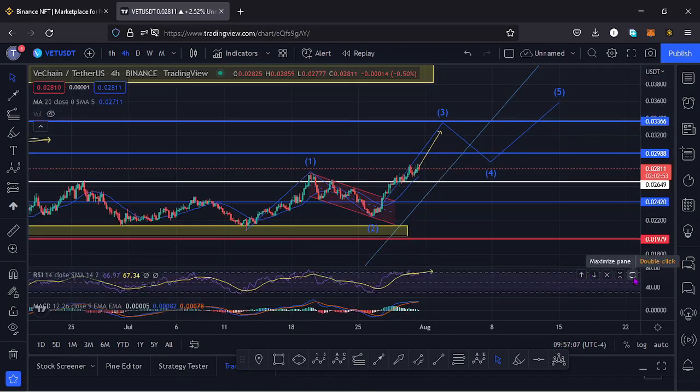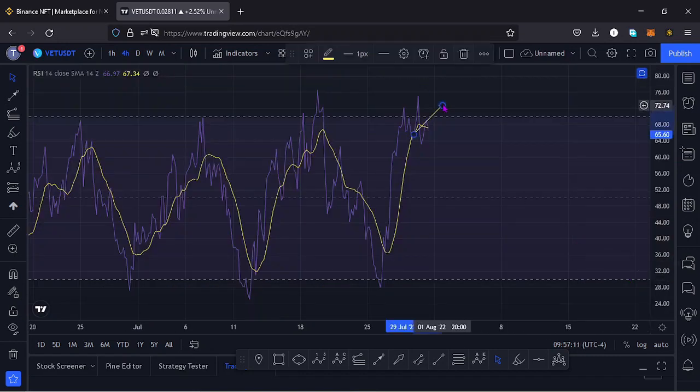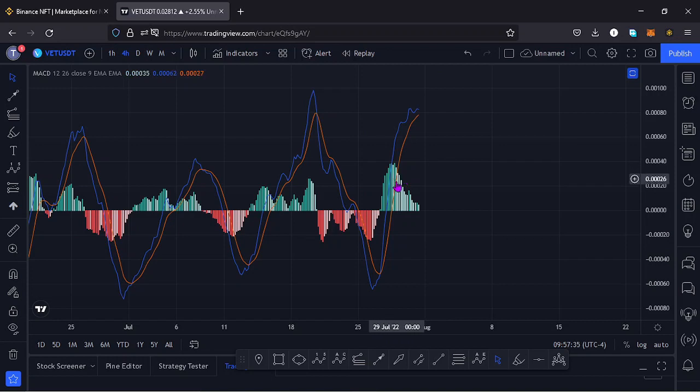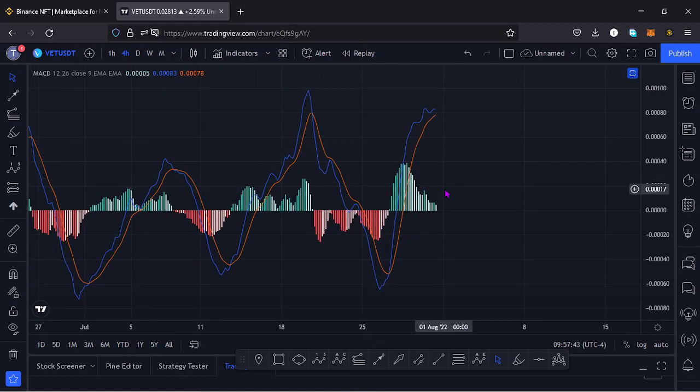If I also take a look at the indicators here on the RSI, you can see that we are trading at around the 67 mark. We are just about to enter into the overbought region, and that would mean we might maybe continue pushing a little bit higher and then have a pullback here on the RSI to try and create room for us to continue pushing higher. Or maybe once we get rejected, that movement here on the RSI will be supported. If we also take a look at the MACD, on the MACD you can see we are losing the volume here on the MACD, and soon we might print a bearish cross. So let's be patient and see how that plays out, and I'll keep you updated.